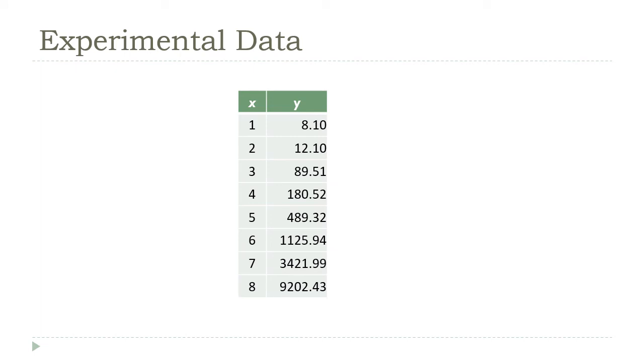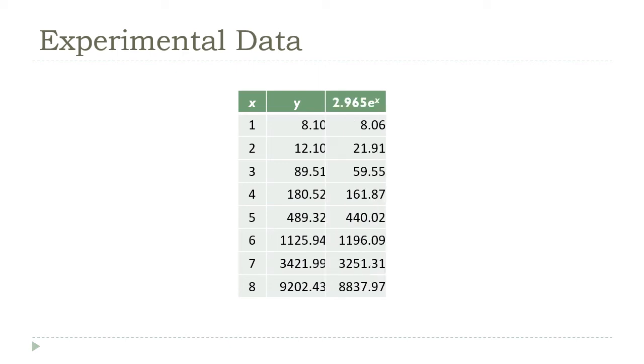Right? What I'm going to do is I'm going to use my model to calculate the corresponding y prime values, if you will. Right? So, for example, I put 1 in for x, and I got this number, and I put 2 in for x, and I got this number, and so on. And you can see, just kind of eyeballing them here, they look